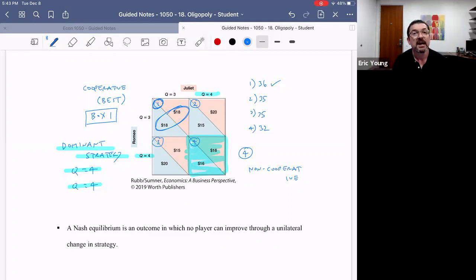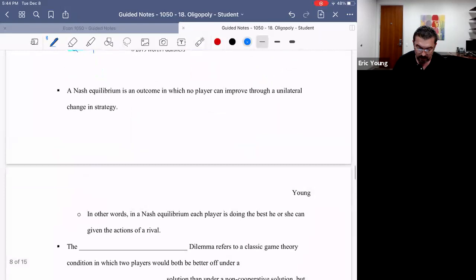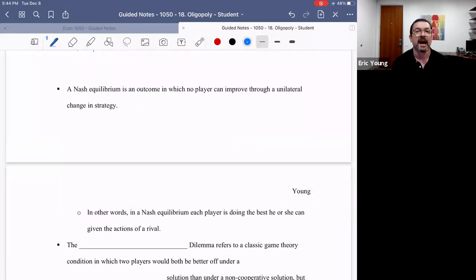And as a result, even though Romeo and Juliet, had they been able to form and sustain an arrangement, would have been here at box 1, we predict ultimately that it's going to fall apart, that the incentives to violate will get in the way, that dominant strategies will dominate, and that instead we're going to end up here at box 4, a completely suboptimal outcome. Okay. Another quick term for you that you may have heard that is related is the idea of a Nash equilibrium.